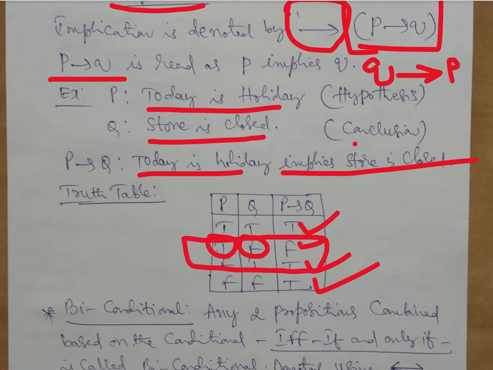So TF means when the first statement, that is the if statement, is true, and the other statement, Q, is F, that is false, then result will be false. In all the other cases, the result is going to be true. That's what we have to keep in mind. So be careful about that.